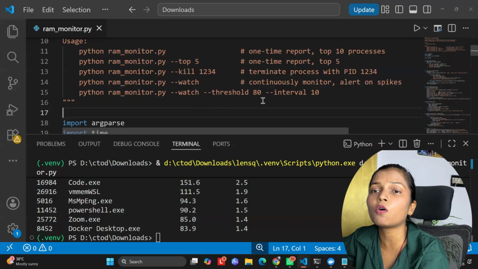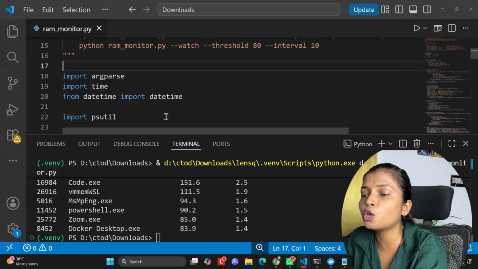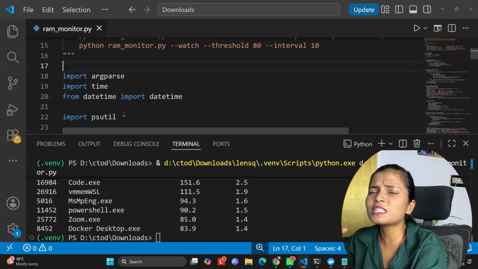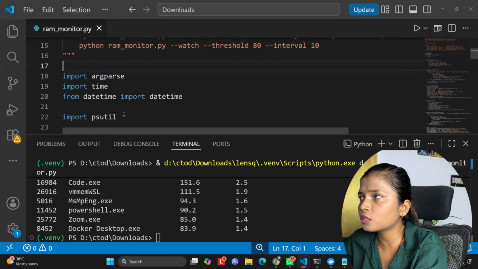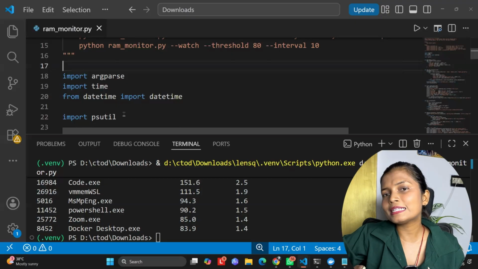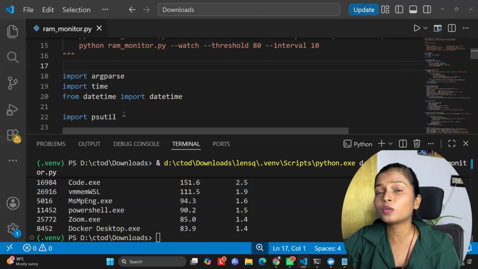Third is automation. This really helps in automation. It is a single file with zero external dependencies besides the psutil library. You can drop it into a cron job or a startup script, and you can even wrap it in a bigger DevOps monitoring tool. It is basically a building block for your next project. It is not just one script; it is going to be very useful if you understand it from the core, fundamental perspective.